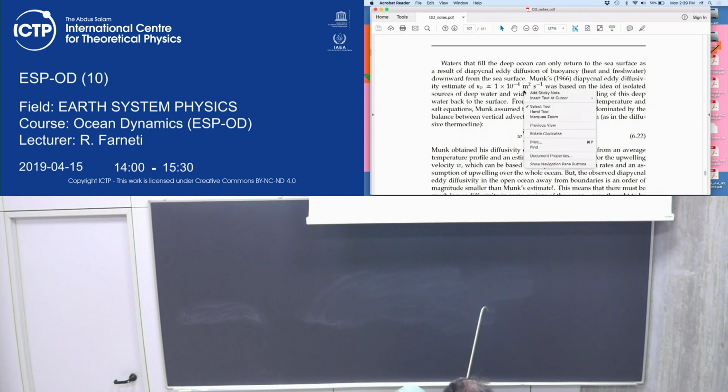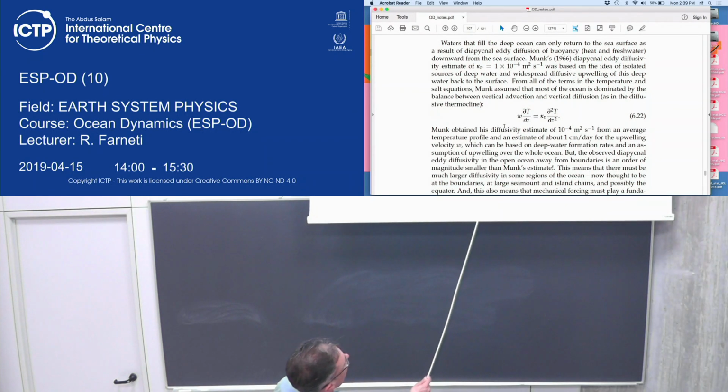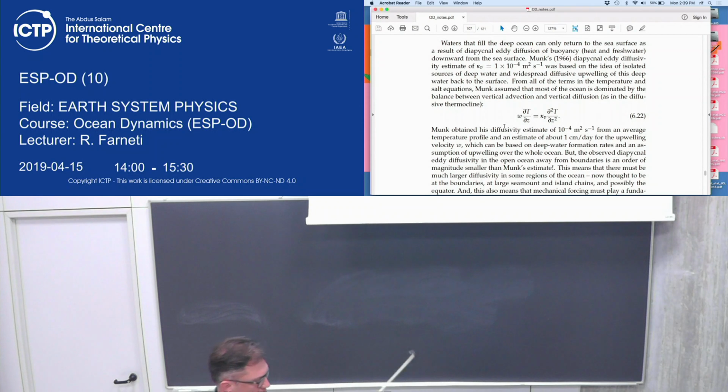But the observed diapycnal eddy diffusivity in the open ocean is an order of magnitude smaller than 10 to the minus 4. Okay, so a global average or a typical value for eddy diffusivity in the interior of the ocean is actually 10 to the minus 5. It's not 10 to the minus 4. So diffusion alone cannot explain